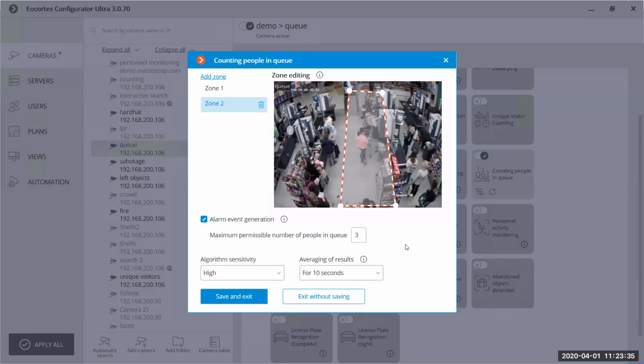If we need, we can configure a pause, for example 15 seconds. In this case the accuracy will be higher, and the chance of a false alarm will be minimal.